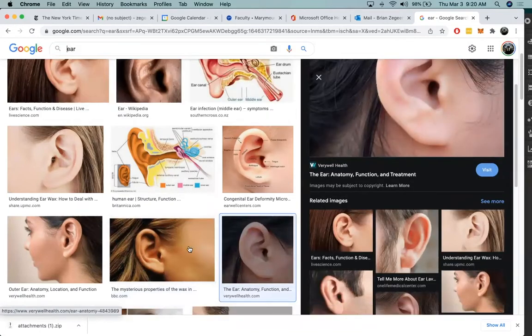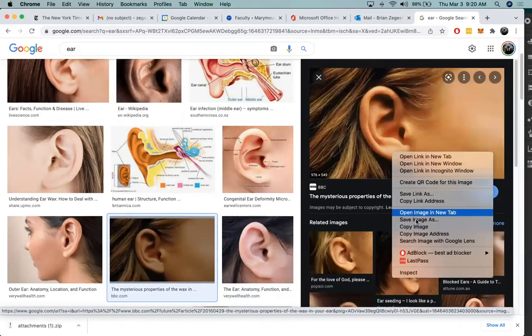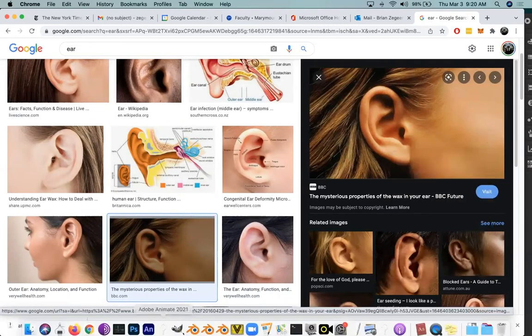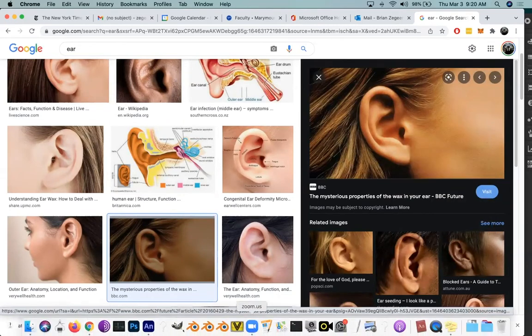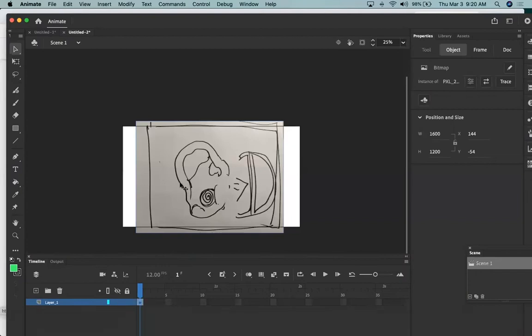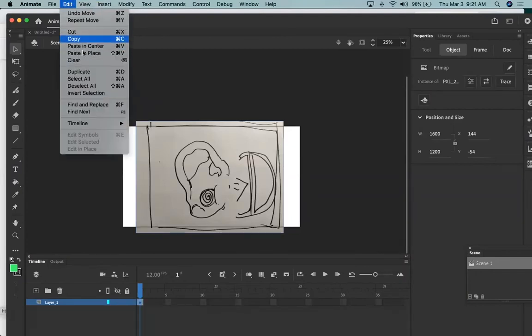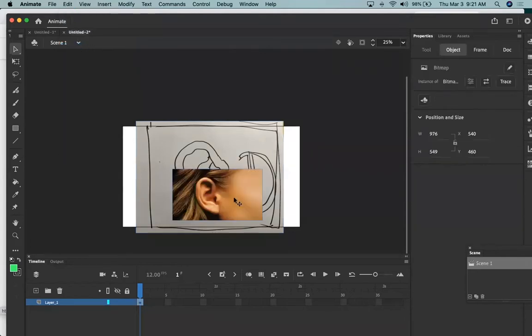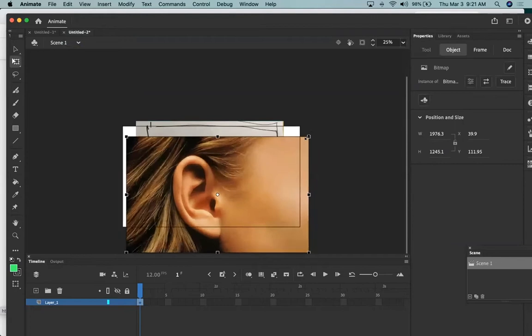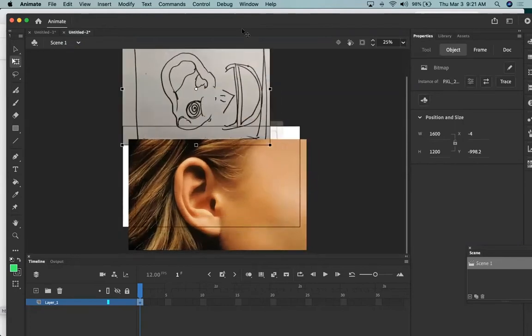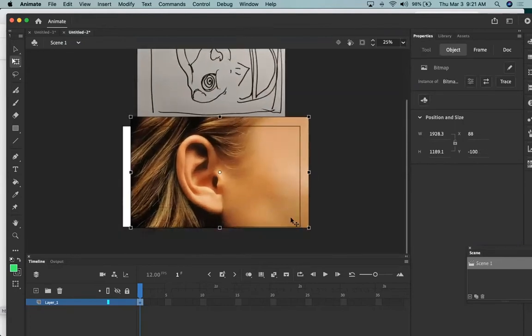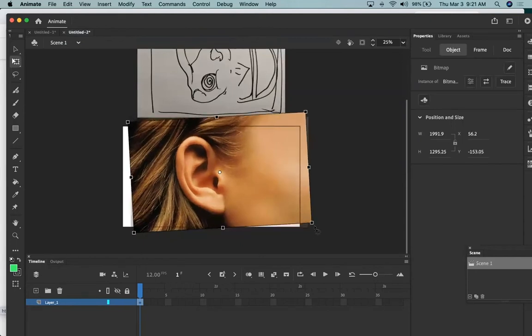Okay, now I'm getting lost. Copy image, and then paste. Paste in center. Okay, there's my ear. So I can do either one. Maybe I'll keep these both on the screen, and if I wanted to,